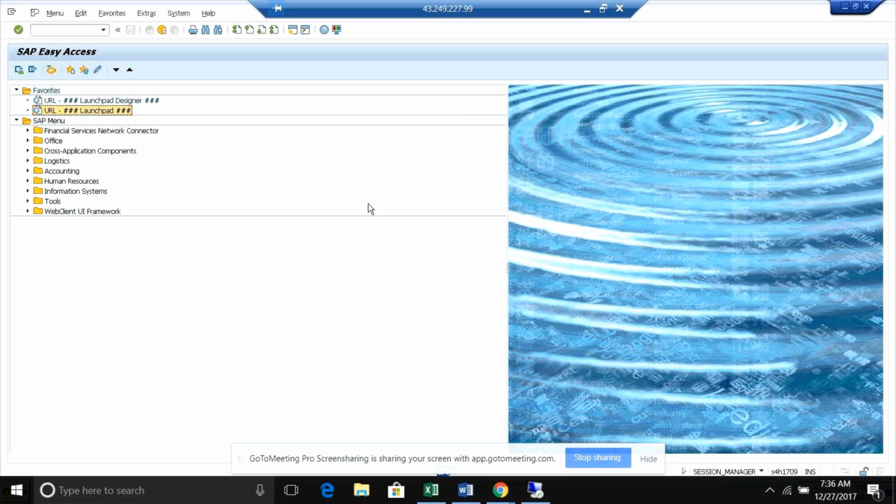Today we will discuss the apps relevant for general ledger accounting. And second, we will move on to the other concept called BP. So we will see BP also today.